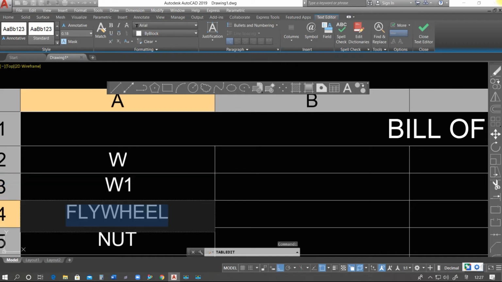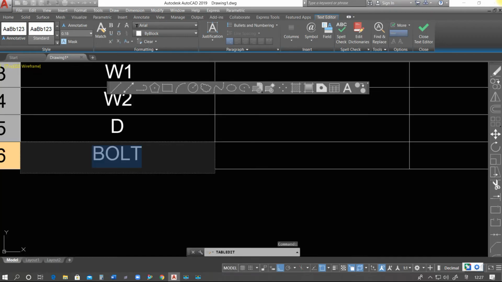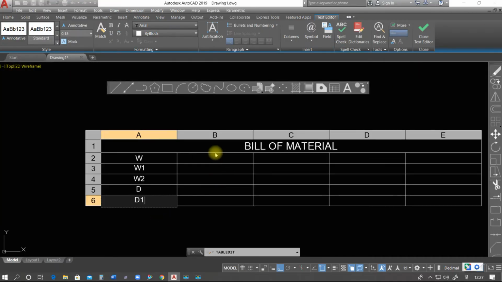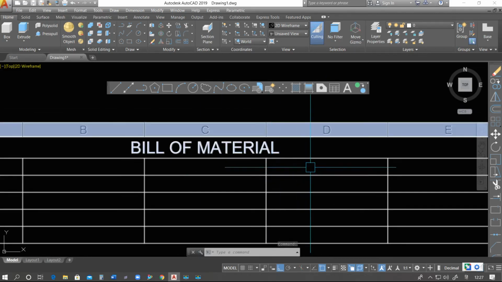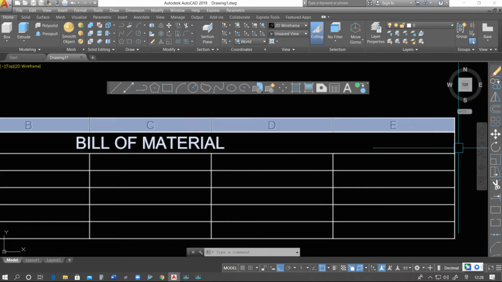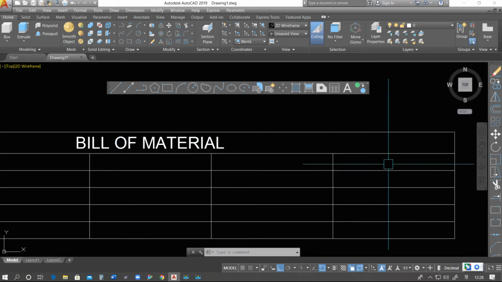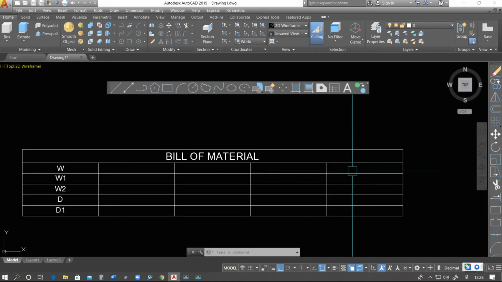Okay, there are 3 types of window, W2. Next one should be door, D1. Now we'll specify the dimension, length, width, and how many number of quantity we want. Okay, and some more specification we can adjust from this column. We can specify in this column.